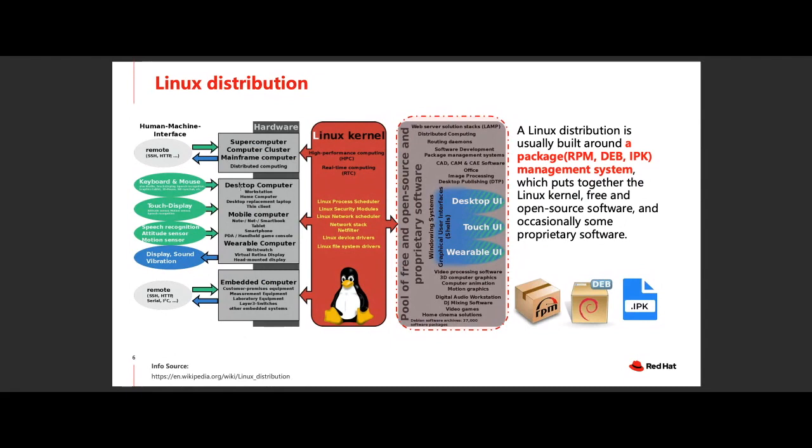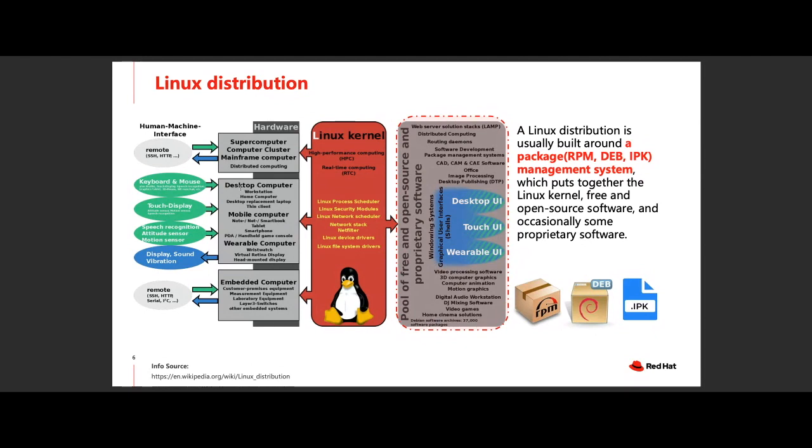So what is a Linux distribution? The Linux kernel is the core software running on the hardware, but you still need a lot of applications. How do you manage these application packages? If you just recompile and install them like a normal developer, it's very hard for most people. So you need a package management system to do it.